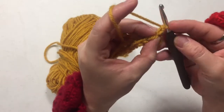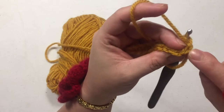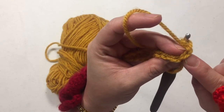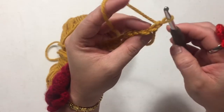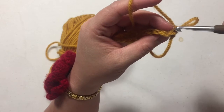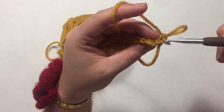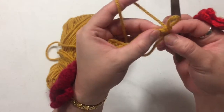So as you can see here, we have the upper loop and the lower loop. The upper loop, which is this one, I'm going to remove it. This is the upper loop here, and this is the lower loop. So this time we were going to